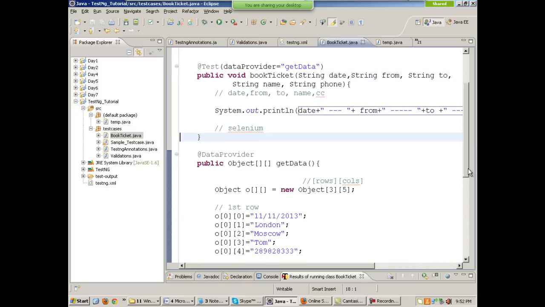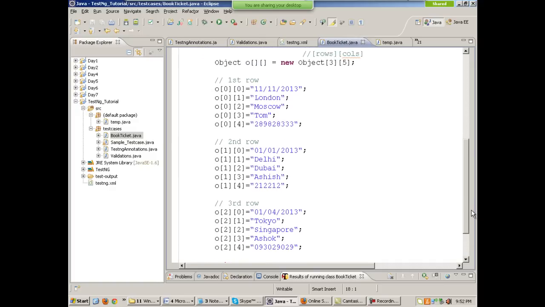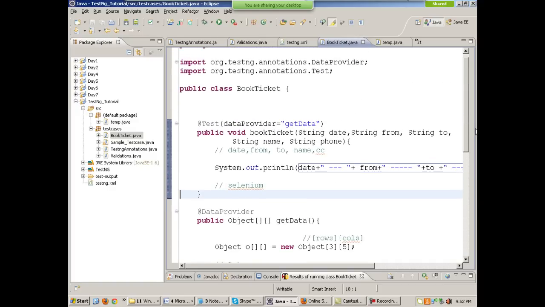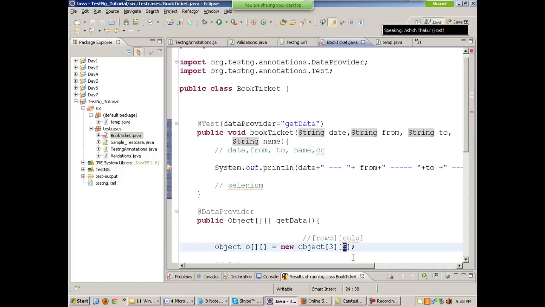Okay, so this is quite important, data provider. And suppose if I miss one of the parameters here, I miss the phone number. Now my function accepts 4 parameters, but the 2-dimensional object array says that there are 5. And if I run the test now, I have removed phone. If I run it,